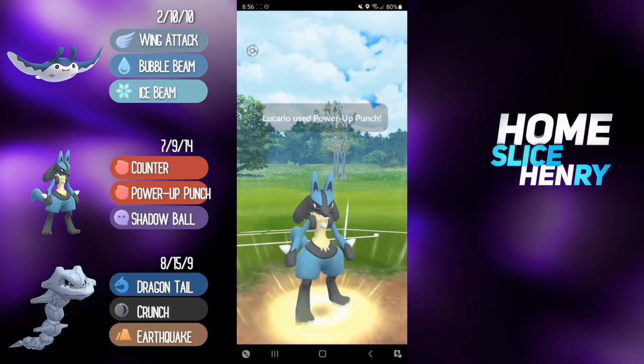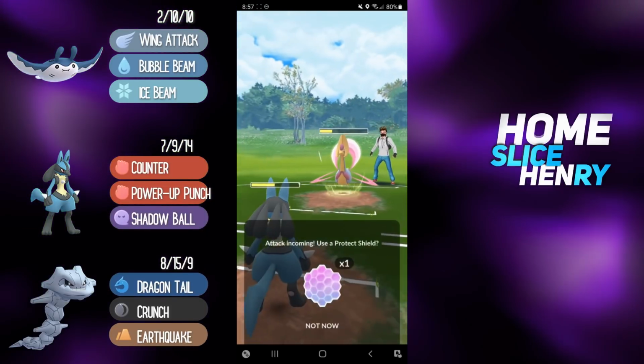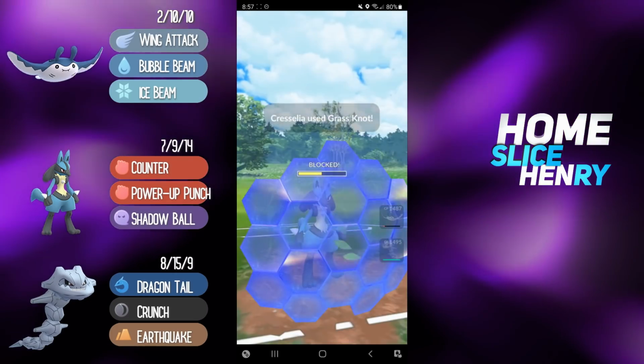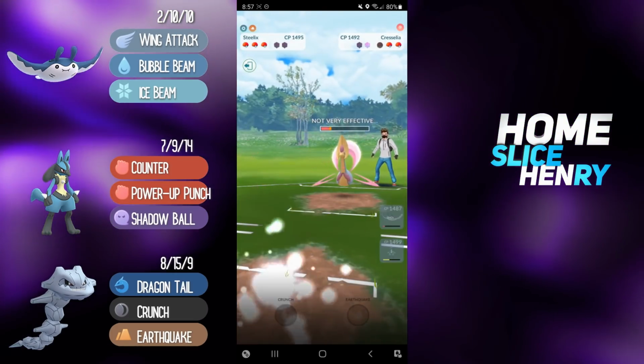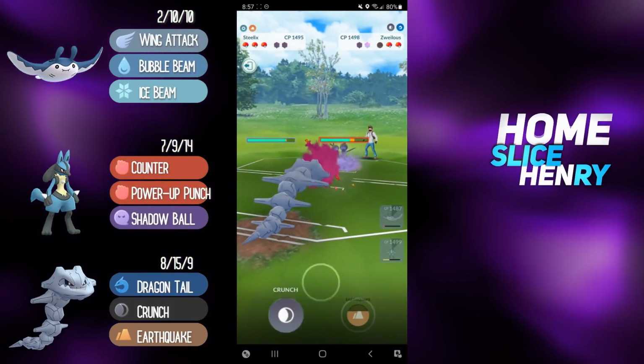We are actually going to go for the Pup. I'm thinking Pup is probably the way. We actually force a shield, believe it or not. And here, I'm expecting it's probably Cresselia double steal. They go for the Grass Knot, and now I'm going to aggressive switch in Steelix, and it's a Zweilous in